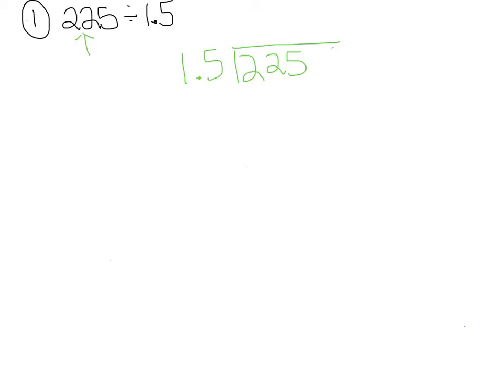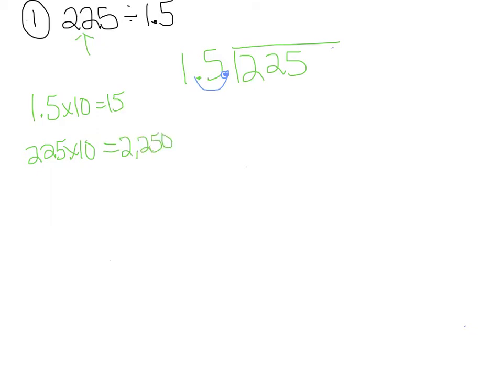So now we're ready to divide 225 by 1 5/10. When we're dividing decimals, we want to change our numbers so that there are no decimals in the divisor. Remember, 1 5/10 is my divisor. So 1 5/10, if I multiply it by 10, I get 15. So all you're doing is moving the decimal one place over. So if I multiply my divisor by 10, I'm also going to multiply my dividend by 10. 225 times 10 equals